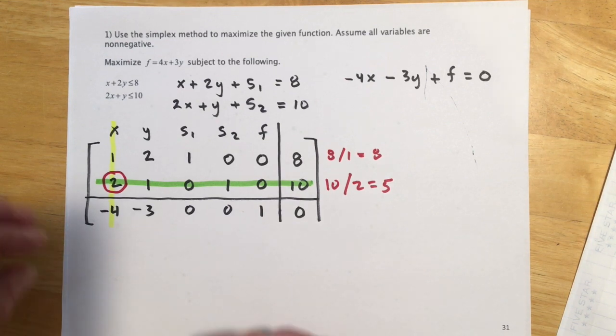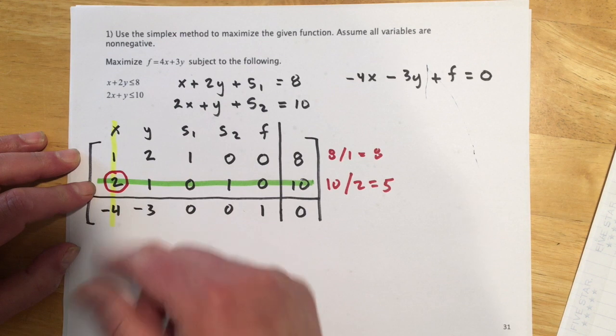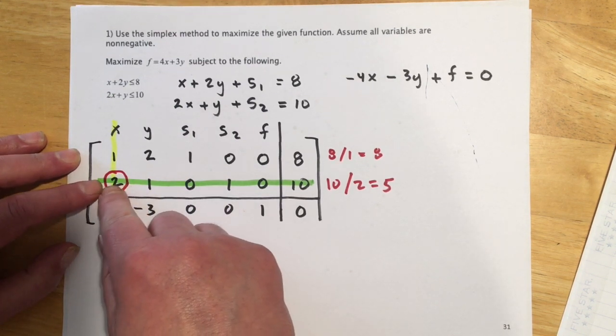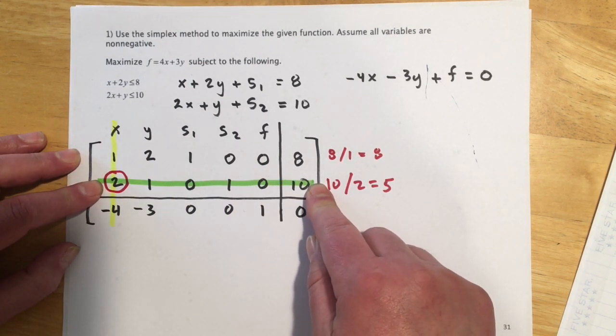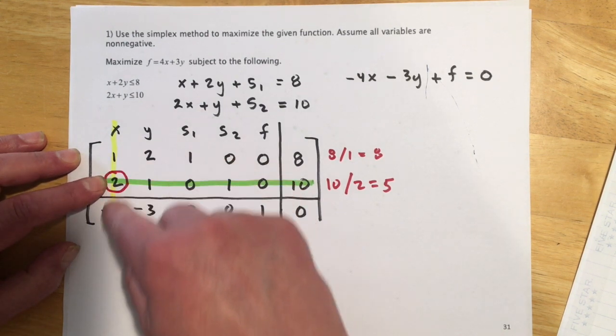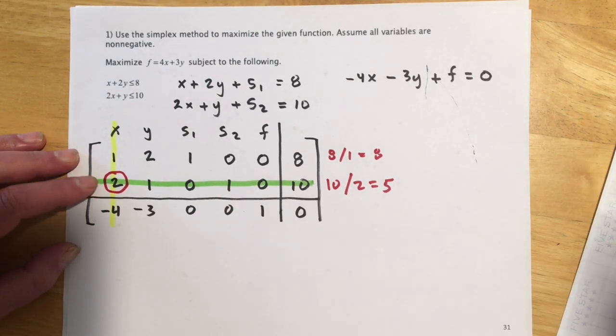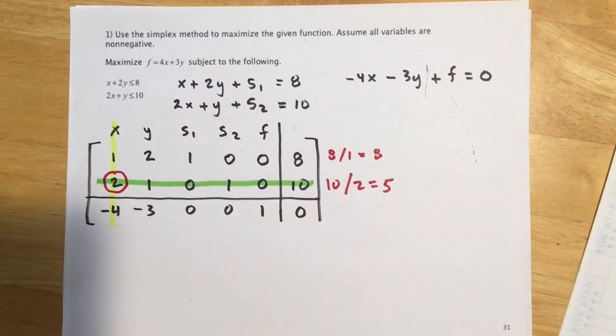So over here, what we're going to do is we need to make this 2 a 1. Whatever the pivot is, we want that to be 1. So we're going to divide everything in this row by 2, and that's going to make this a 1, and then we're going to use that 1 to knock out the 1 and the 4. So let me show, on this page, I'll show dividing this by 2, and then that will get us our new